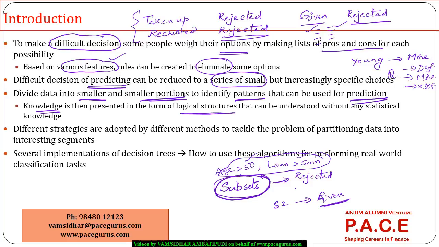And the majority of the people within this subset, historically, have defaulted on the loan. So it's better that I reject the loan for him. So the knowledge that we are gaining from the various subsets, we are creating in the form of logical structures. There is no statistics, there is no hypothesis testing in the process. We are understanding all the rules, all the logic in terms of simple greater than, less than, equal to kind of